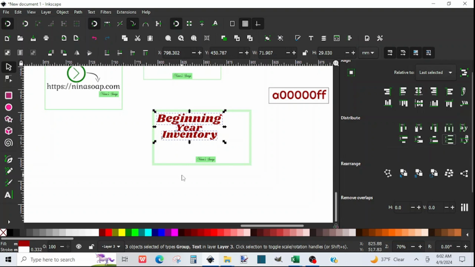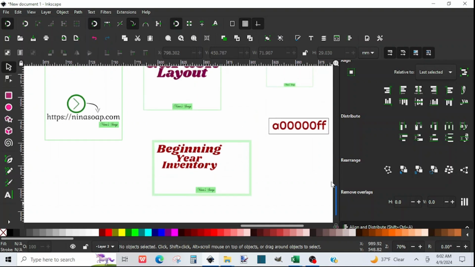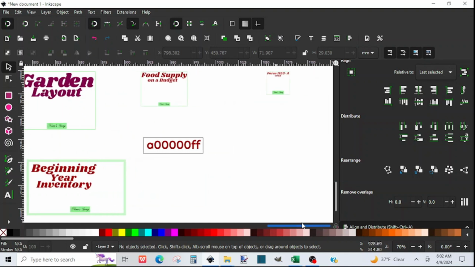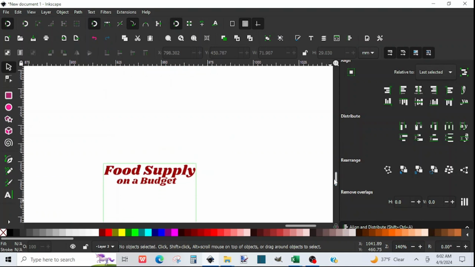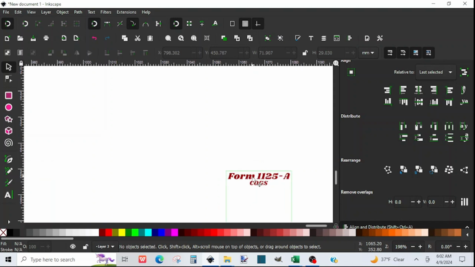So by having beginning year inventory, it could easily be a second template in this template, a second YouTube thumbnail template in this major template, and then I can duplicate it again to have a third one and add another text if I have one in the keyword bank available, add it as well, and so forth. So now I'll change the text for the thumbnail. So the thumbnail template is ready, and I'm going to put that text in the